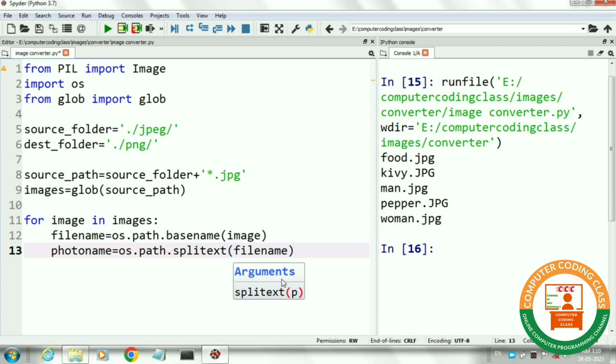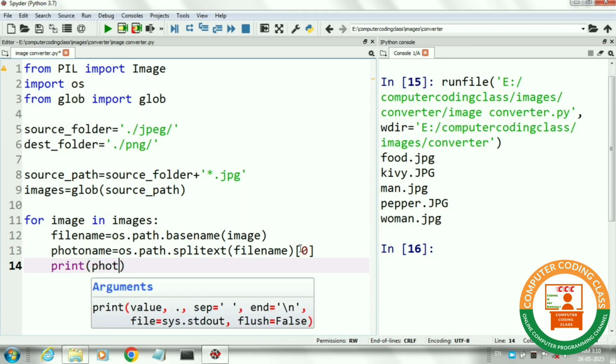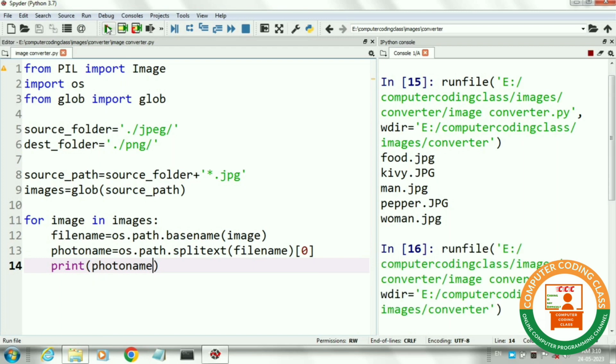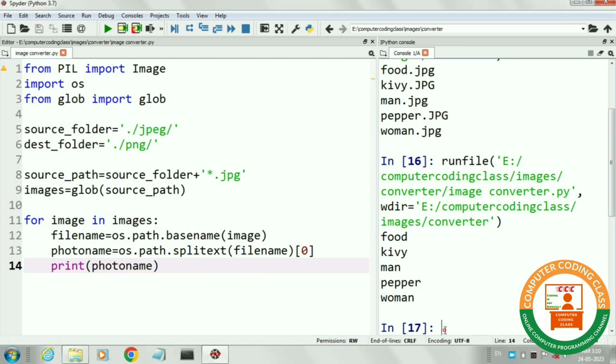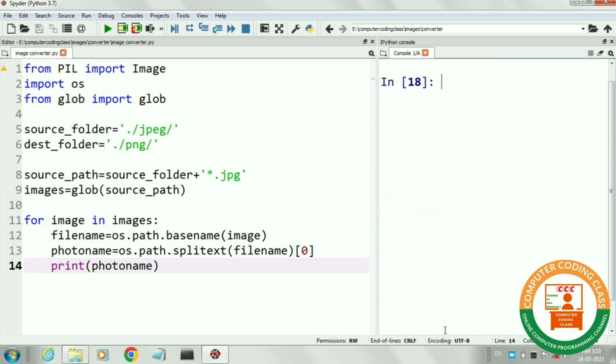First one is file name and second one is extension. The index of the first part is 0 and the index of extension is 1. So here we will use only 0 in brackets. Now print the file name and run the program. In the output window, it is showing the names of all 5 images without extension.